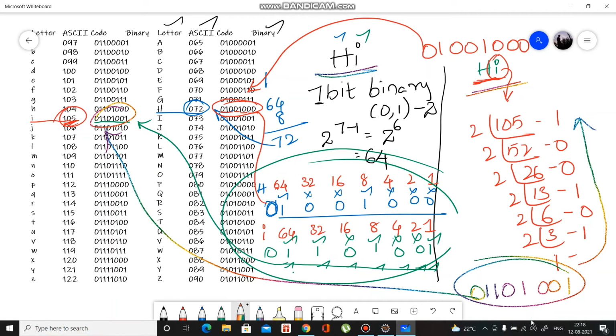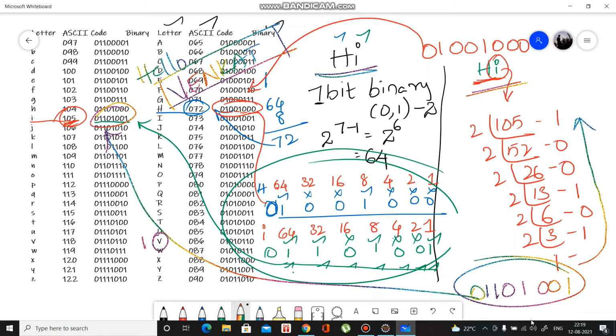You can even try it for every value, like hi, you can try it for hello, you can even try it for your name. My name is Venkat. If I try for Venkat, it will be in capital letters, right?